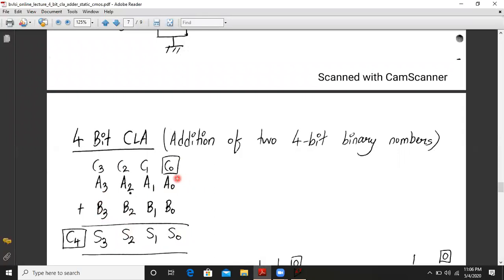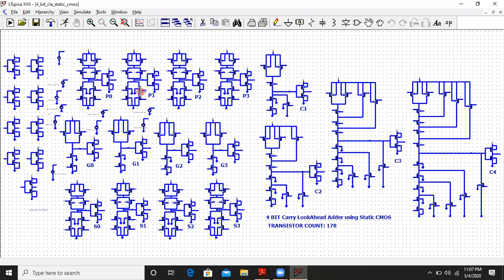It should add two 4-bit binary numbers. Inside any chip, 4-bit addition is done by this many transistors in reality, using static CMOS logic. We have many other logic styles which we'll be seeing shortly.